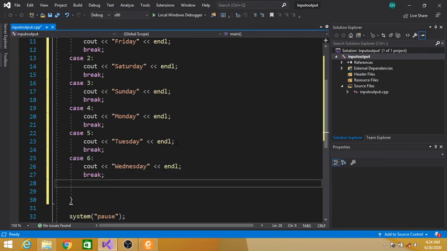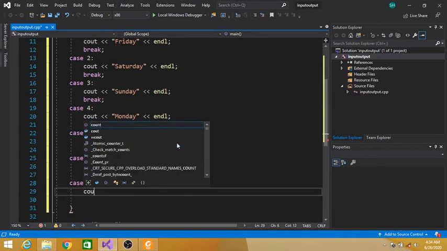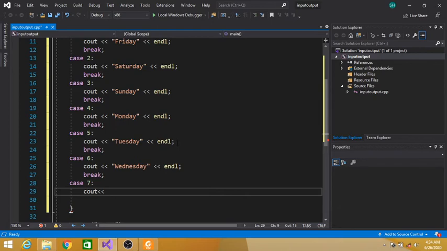And lastly, case 7 colon, cout Thursday, end of line.